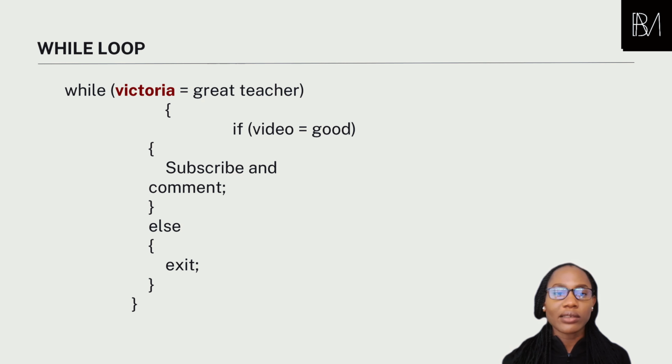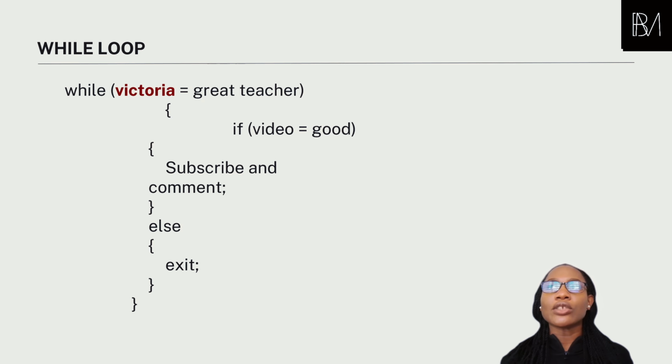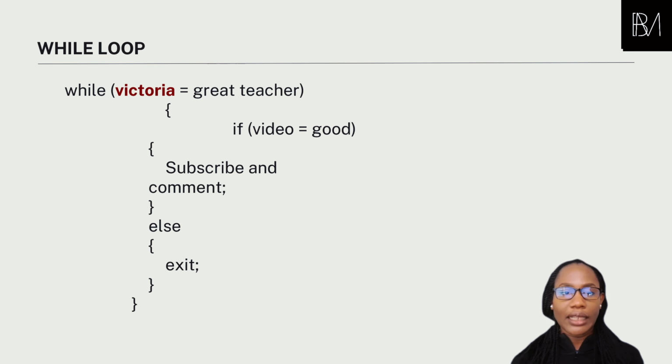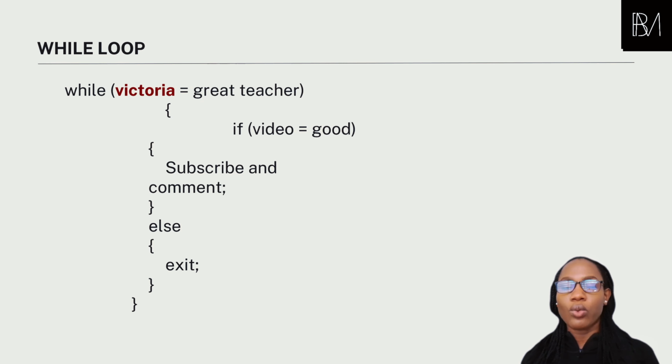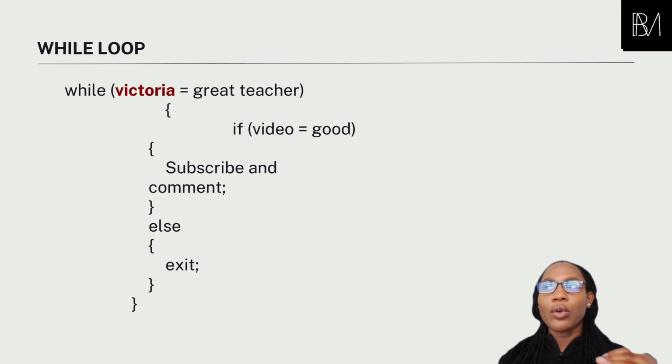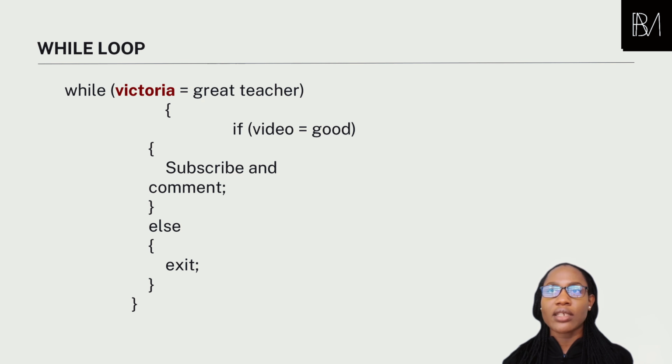So while Victoria is a great teacher, if the video is good, subscribe. Else, go and do something else. So a while loop is something that encapsulates a series of functions that you want something to happen while that function is going on. So while I'm creating a wall, if it is floor hosted,